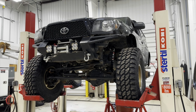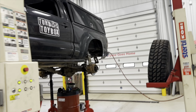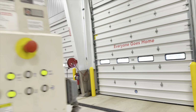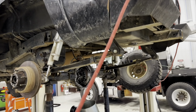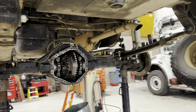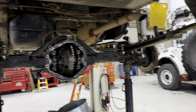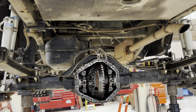So it is a holiday weekend officially. It's after work on Friday, and I'm taking advantage of being able to use the hoist at work to do something really fun and cool. Boom, ARB air locker in the back of the Tacoma. So we've got an air locker in the front, and